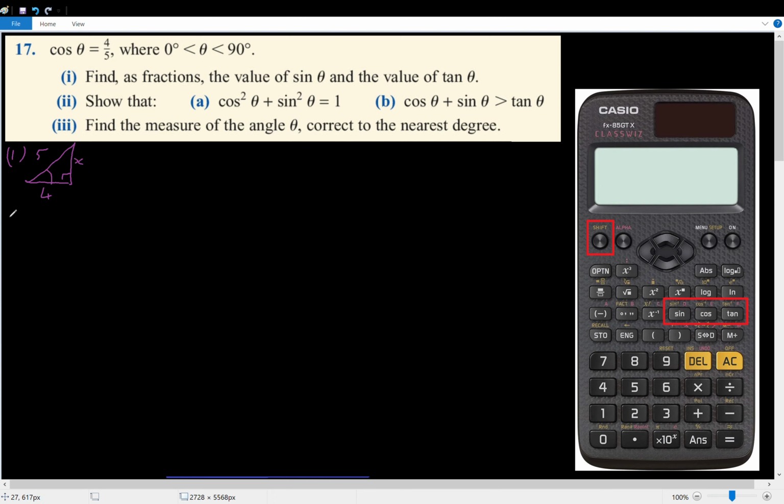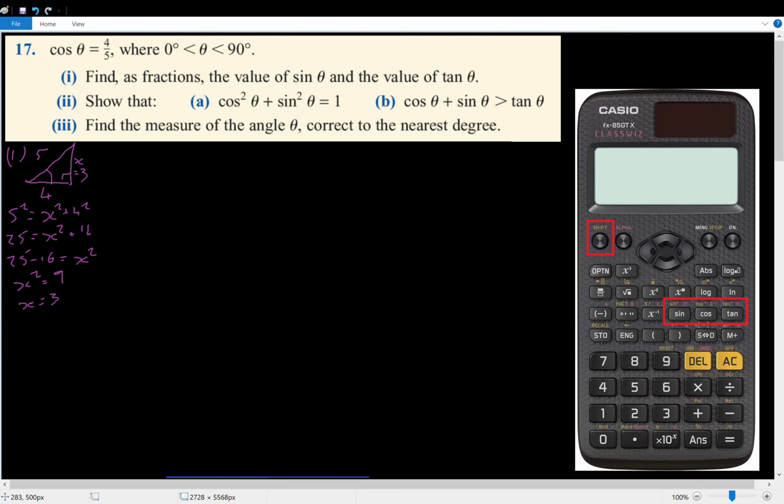So Pythagoras' theorem says that the square of the hypotenuse is equal to the sum of the squares of the other two sides. In other words, it's going to be 5 squared is equal to x squared plus 4 squared. So 25 is equal to x squared plus 16. So 25 minus 16 is equal to x squared. So x squared is equal to 9, which means x is equal to 3. And once we have that figured out,